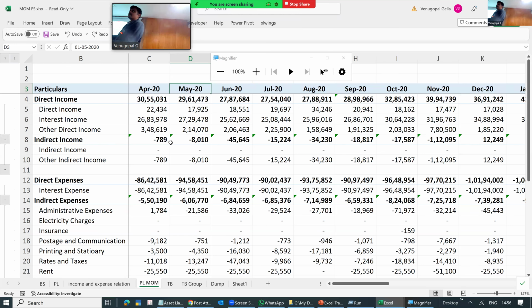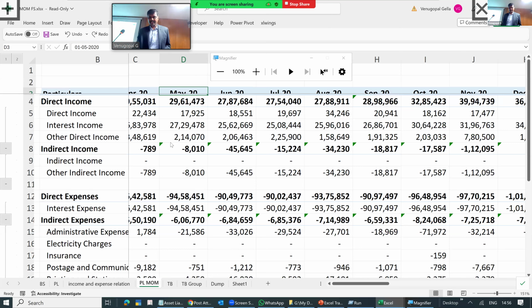Then you did the grouping. Now you ask the branch to give the trial balances for 30th April, 31st May, 30th June, 31st July. You just need to load them one below the other. Run a simple pivot table or whatever Excel formula, and get the data into this format. The moment the data is in this format, you can easily make your analysis.